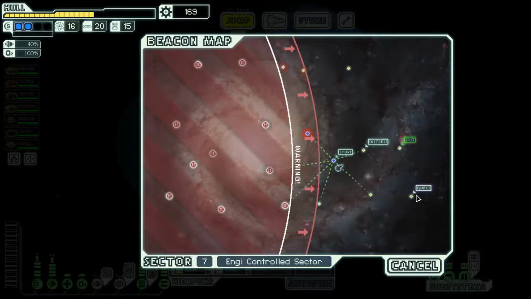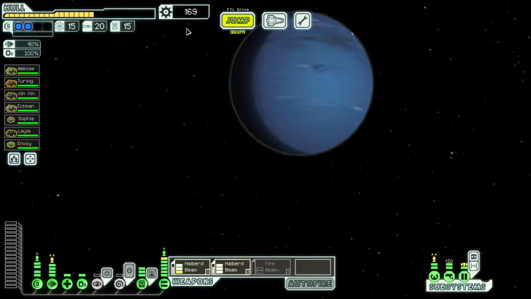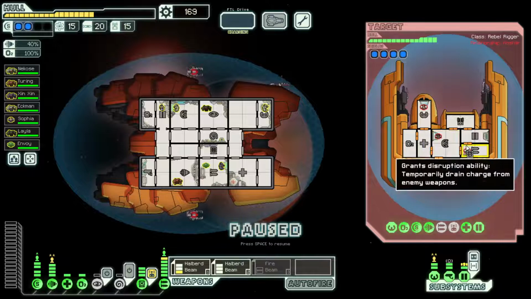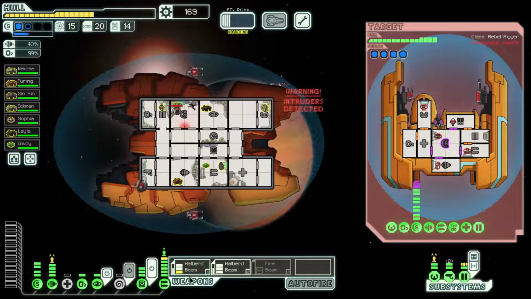1, 2, I'm just gonna guess here, 3, 4. I think we get 4 jumps here, so let's take this distress. Okay. Definitely not what we wanted to see, but that's okay. I mean, we can one-shot this ship, so...